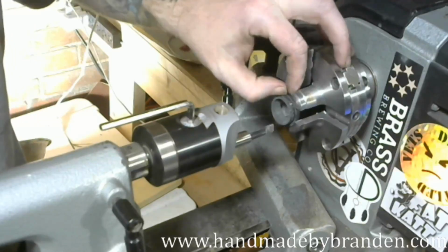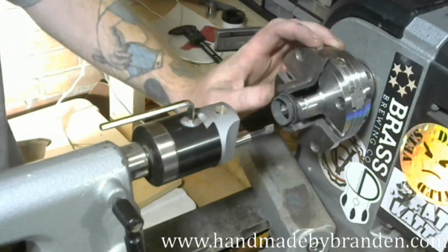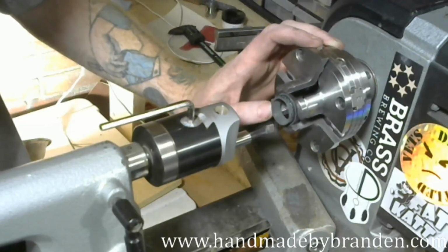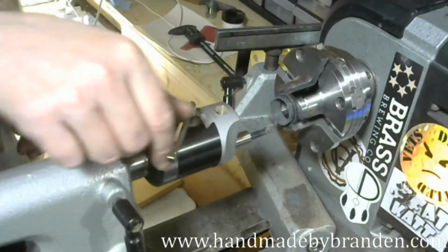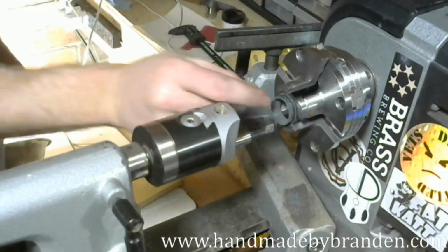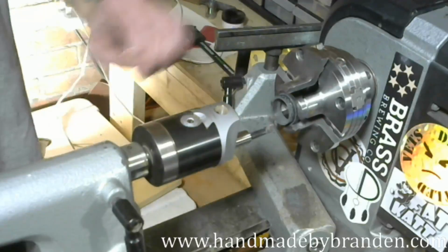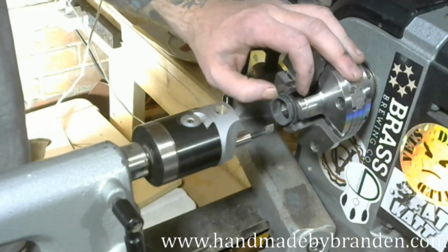Alright, I am down a little bit. I'm going to go a little bit more. I'm going to do a half millimeter more. So, there. I don't want it too thin in here. But I don't want